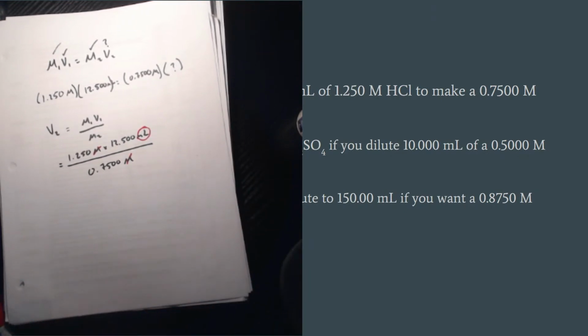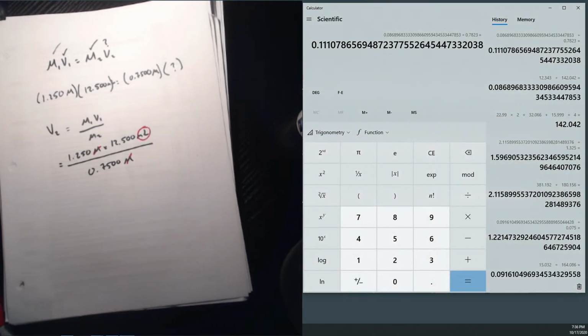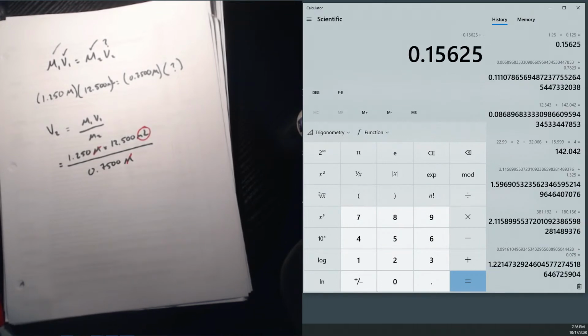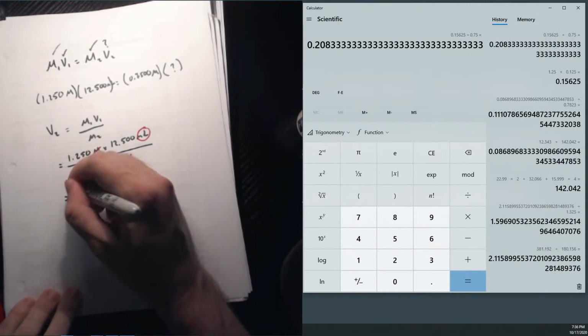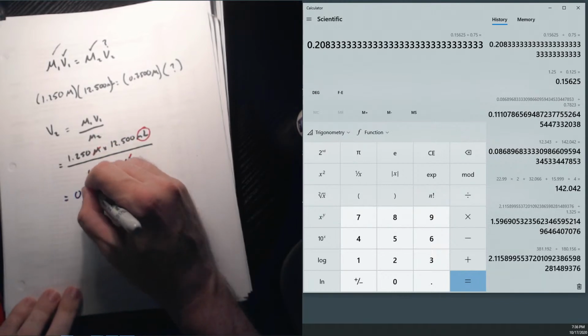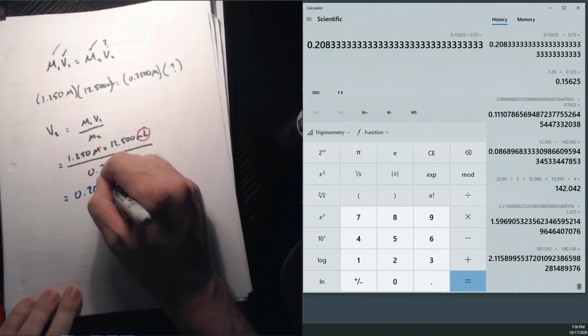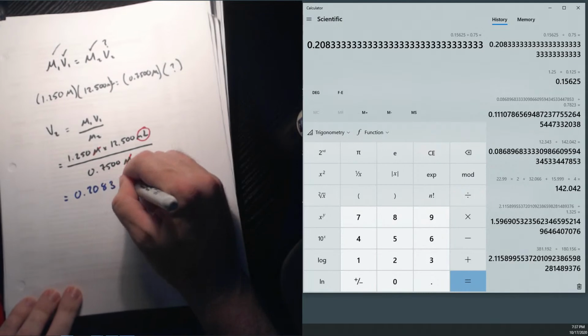So we plug that into our handy-dandy calculator. 1.25 times 0.125 divided by 0.75 means that our final volume is 0.2083